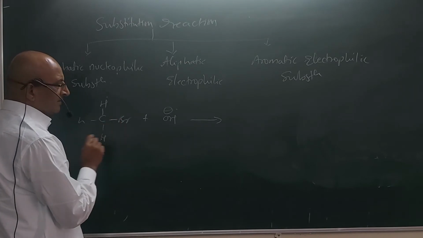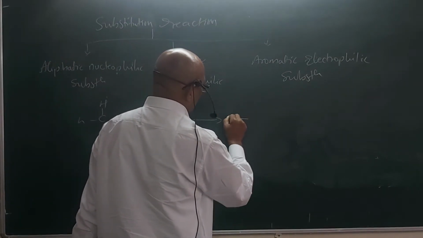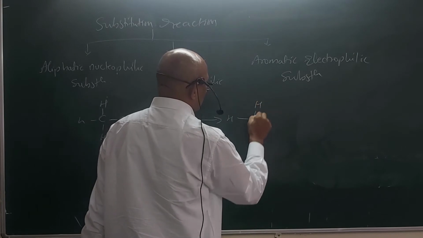So here, what is the basic difference between all these reactions? The aliphatic nucleophilic substitution reaction, which we have studied often, has a simple example: methyl bromide on reaction with simple alkalis, that is OH minus. This OH minus replaces the Br minus, and here you get the product, that is CH3OH